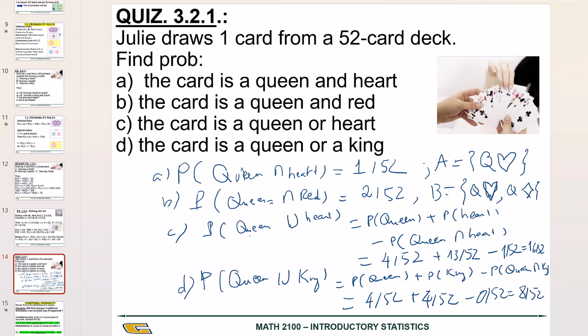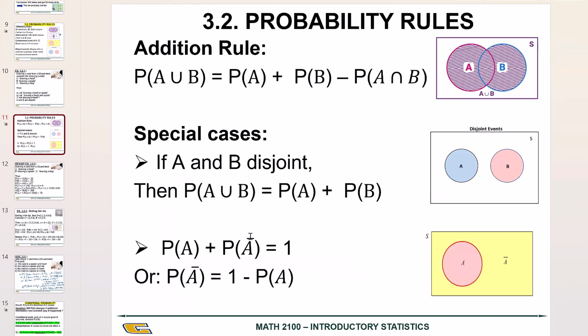So here we use the addition rule. And for this part, actually, it's just a special case, because A and B are disjoint. If you consider A is the event you got a queen, and B the event you got a king in your draw, they have nothing in common. We cannot have both things happen at the same time. So it's just P(A) plus P(B) here, which is a special case. But you can also look at the general formula for the addition rule, and you can also see that